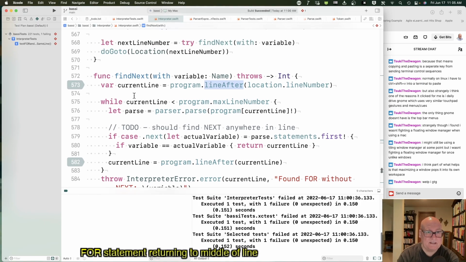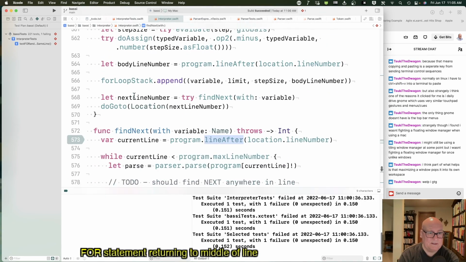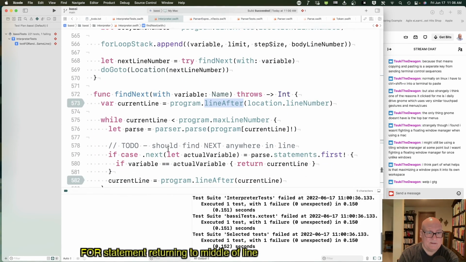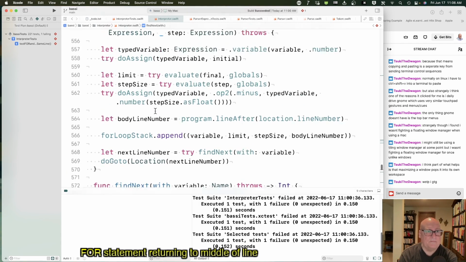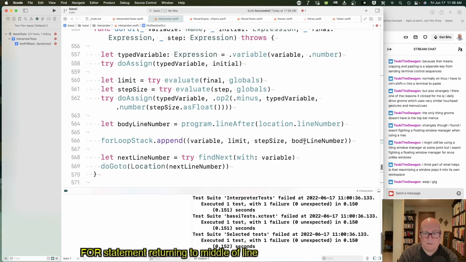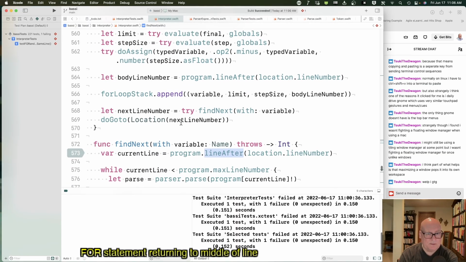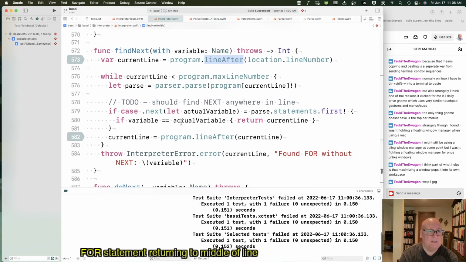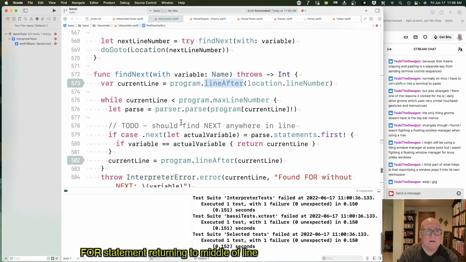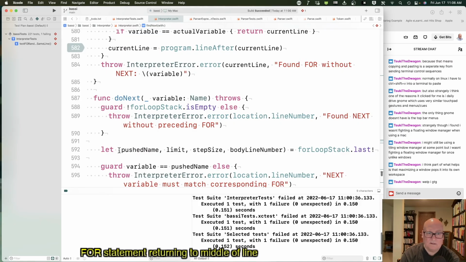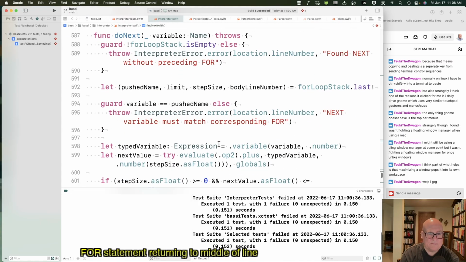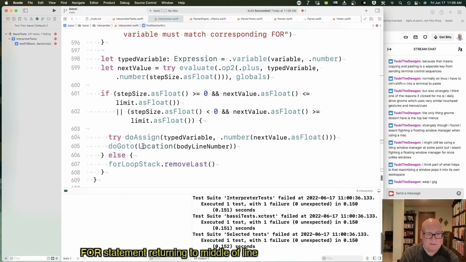What do we do with this next? I guess we just go to it, and then it pops and goes back. Okay. For pushes this with the target. We go to the next. We find the next. We go to it, and then the next pops the stack, evaluates the expression, and otherwise goes back to the body. Okay, so